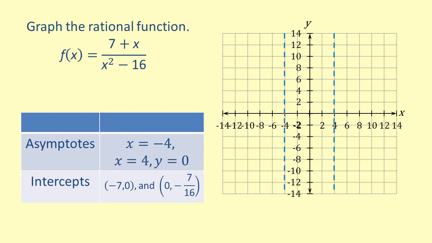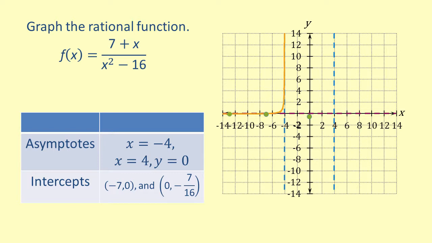We also know we have a horizontal asymptote at y equals 0, so we can plot this on the graph as well. Now let's plot our intercepts. We have one at negative 7, 0, and another at negative 7 over 16, 0. So we know one branch of the graph is going to cross the x-axis at negative 7. We also know that this branch is concave up and that it approaches the line x equals negative 4, so let's graph this branch. The critical value on this branch is at approximately